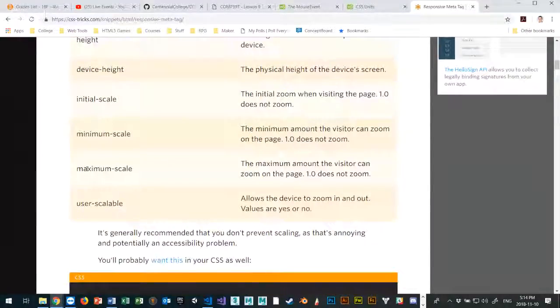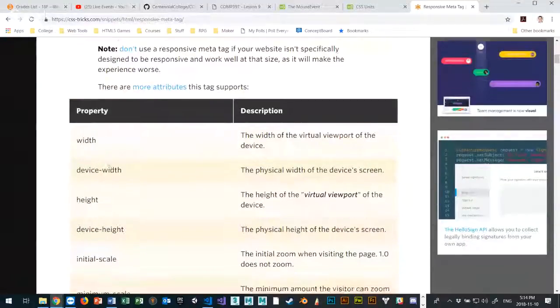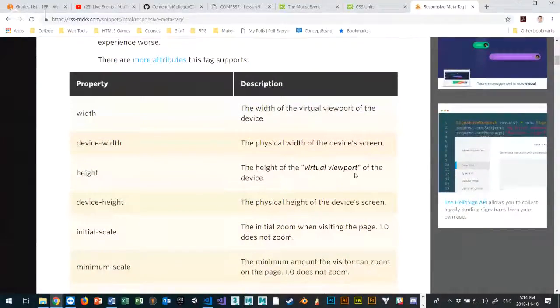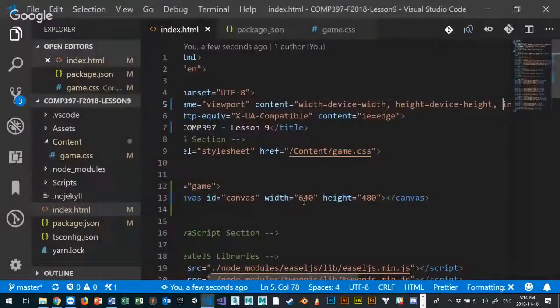I tried. Height. It's the virtual viewport. Yeah, that should totally work, guys. Look, device height and device width. So that is the width and height of the device. I did it right. Width and height. Device height. I spelled it right too. Okay, so